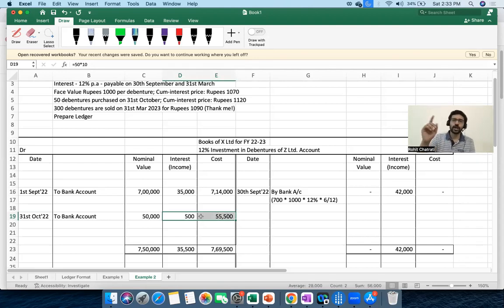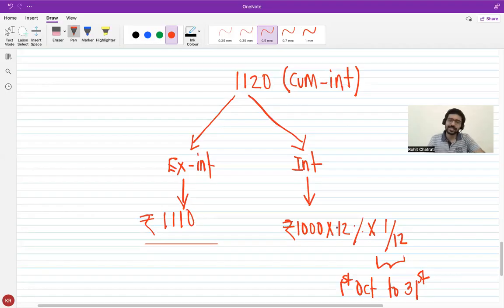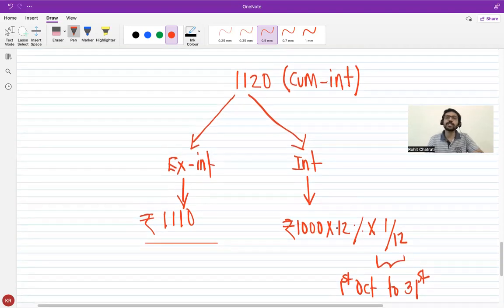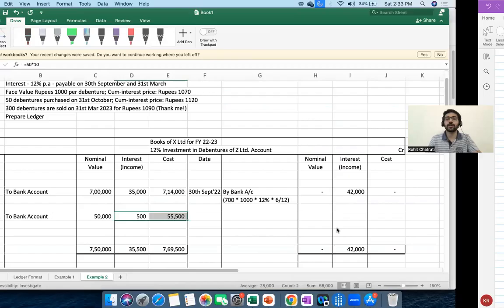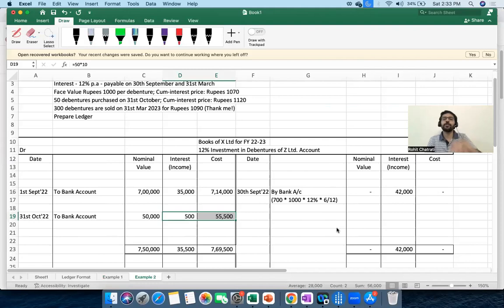Now the next transaction is on 31st of March